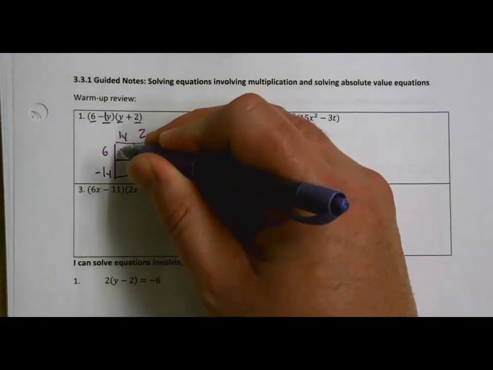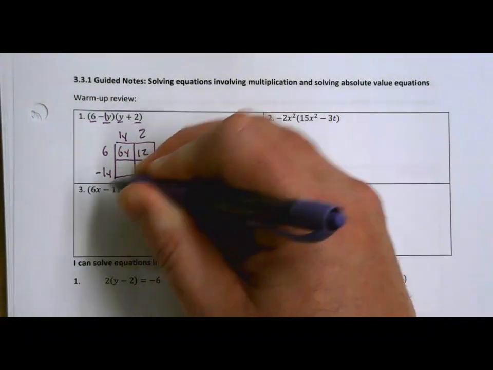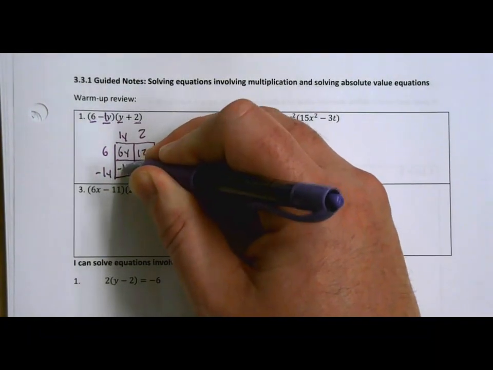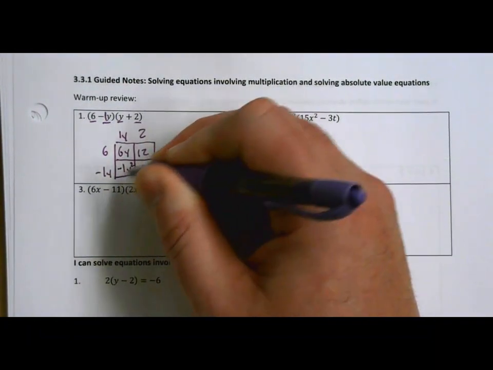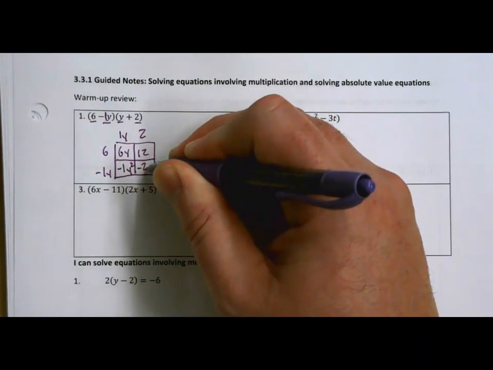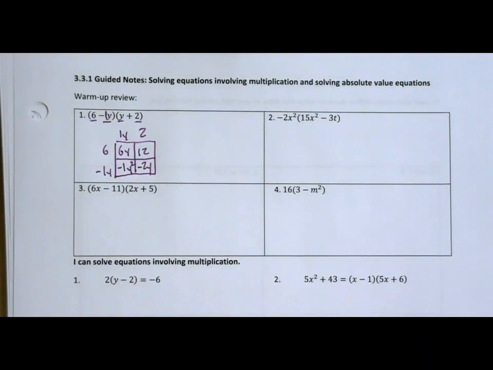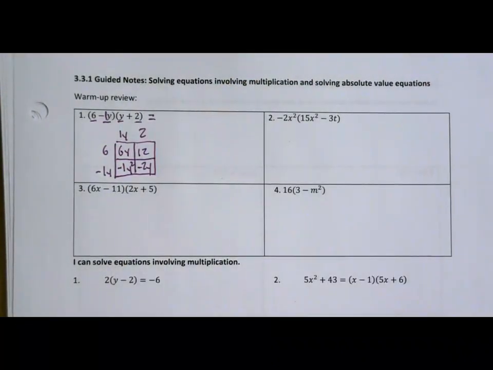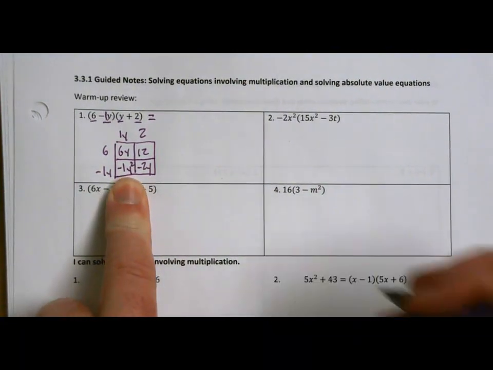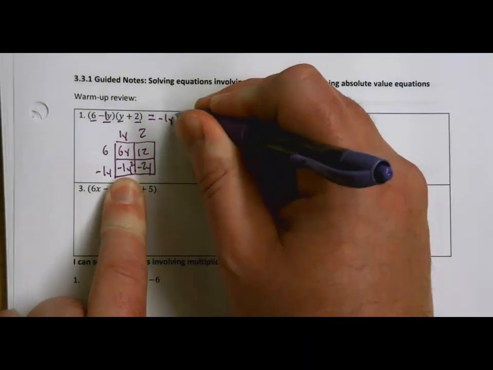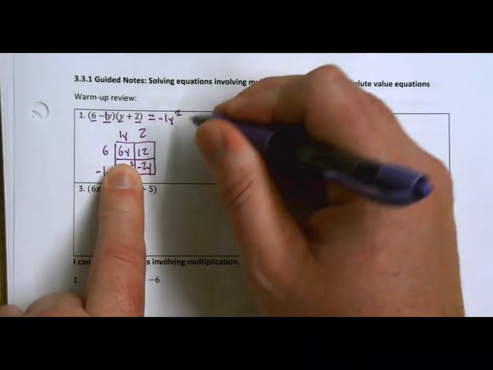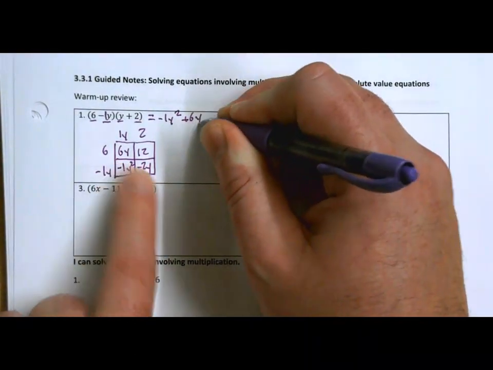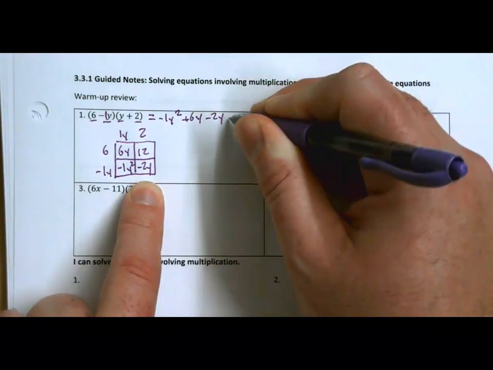6 times 1y is 6y, 6 times 2 is 12, negative 1 times 1 is negative 1, y times y is y squared, negative 1y times 2 is negative 2y. And I'm going to write that down, and I'll look for some like terms that I can combine. So what do I got here? I'm going to go with anything that has a square first. So negative 1y squared, and then I've got a 6y, and a negative 2y, and a positive 12 at the